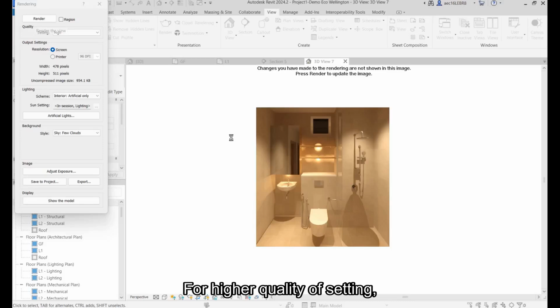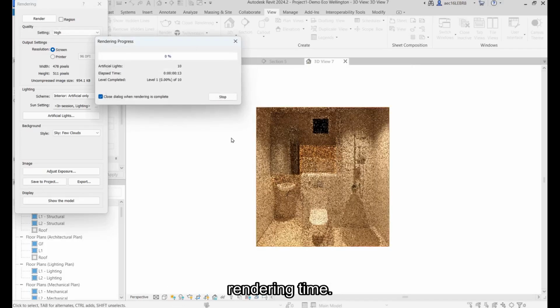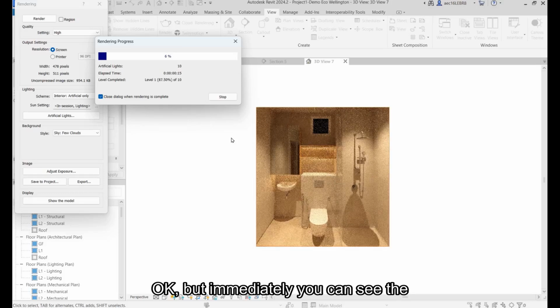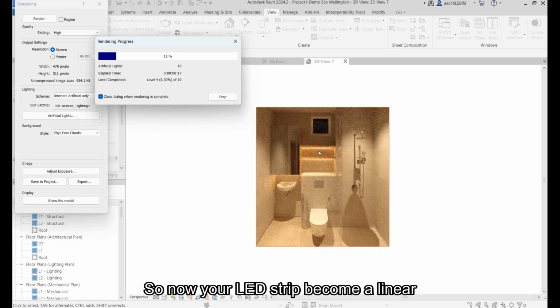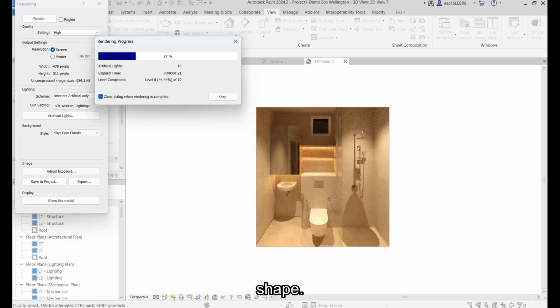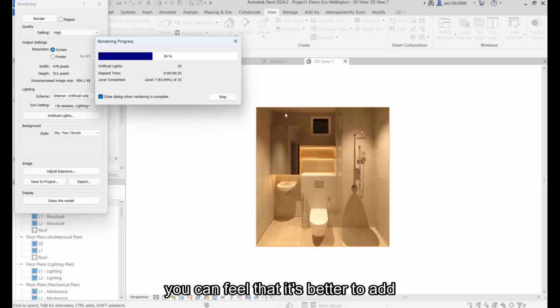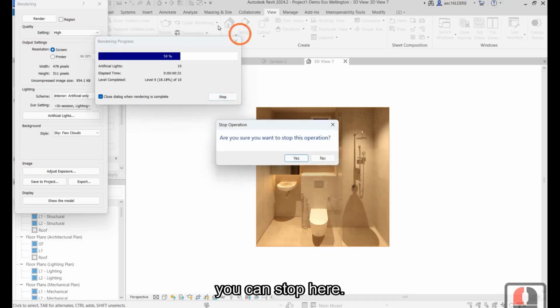For a higher quality setting, you need to wait for a longer rendering time. Okay, but immediately you can see the difference. So now your LED strip becomes a linear shape. So when it's done, you can feel that it's better to add another one here, right? So before it ends, you can stop here.